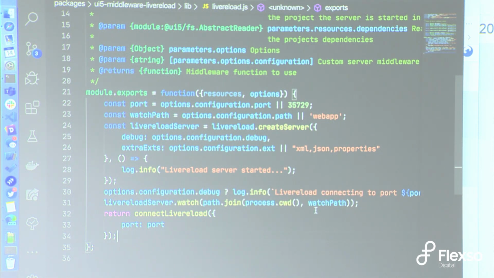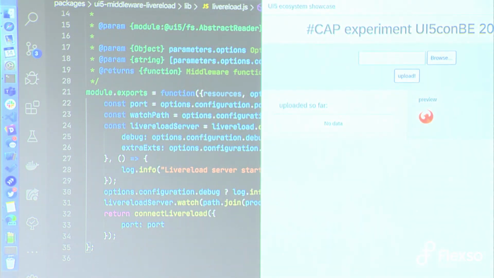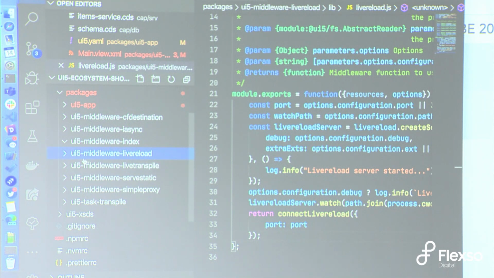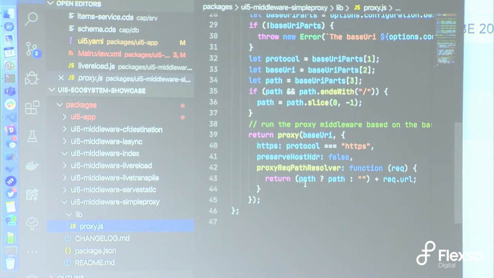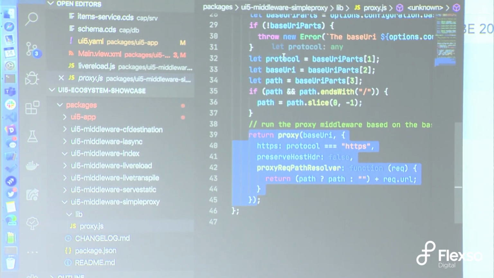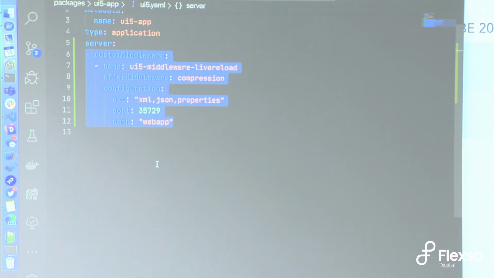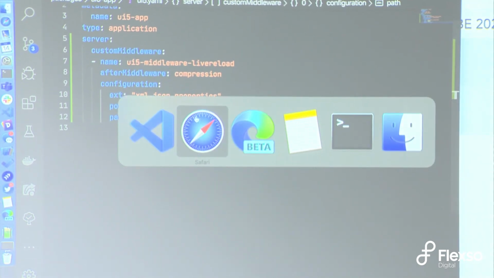Now, briefly shown how you extend the UI5 tooling for your development convenience. Now on to actually connecting the UI to services. There's this really, really simple middleware called Simple Proxy. If you look at the implementation of the Simple Proxy, it's really simple because it returns a proxy down here. And if you configure your UI5 YAML application file, you put a configuration for that proxy,